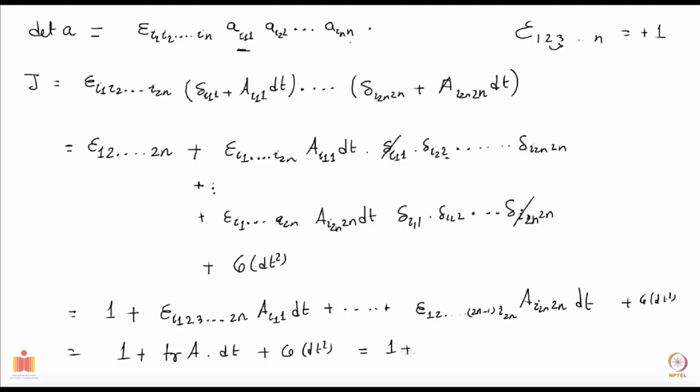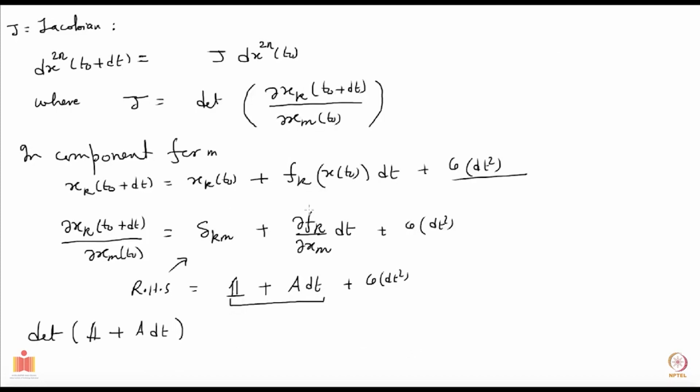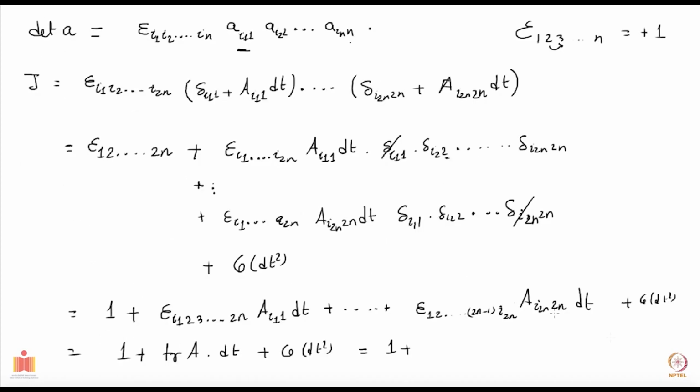Okay, that's good. Now this is just 1 plus, let me write down. Now you remember your capital A was this matrix. Now we are looking at the trace of this. So you have del f_k over del x_k, and you have summation over k, which is just the divergence of f, right? So I can write it as divergence of f. Remember, divergence is del f1 by del x1 plus del f2 by del x2, and so on, which is just what is appearing as the trace for you here. And dt is still there, plus higher order.